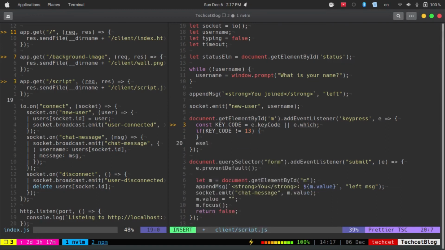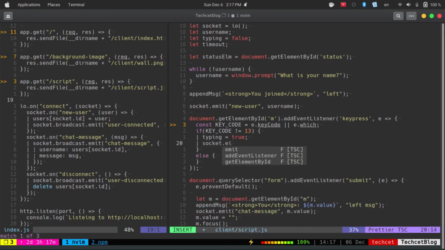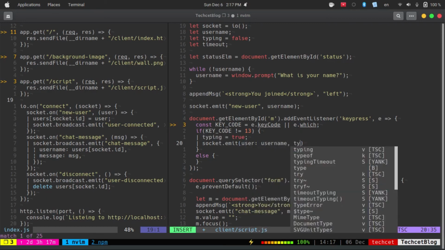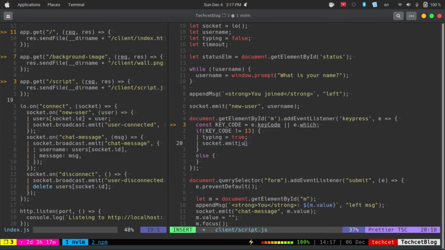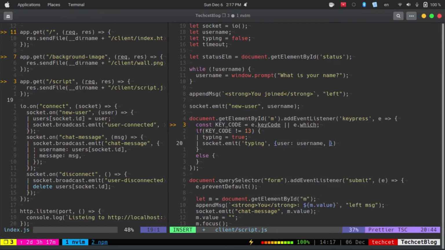Else, now we need to see if the user is typing, then typing is going to be true, and then we are going to emit that the user is username and typing. I need to use a tag, so typing, and then an object, user is going to be username and then typing,